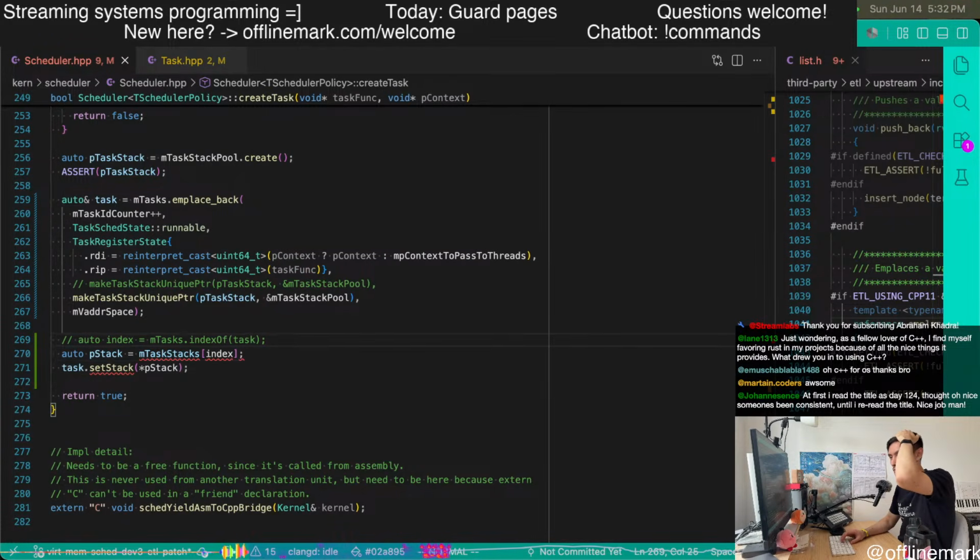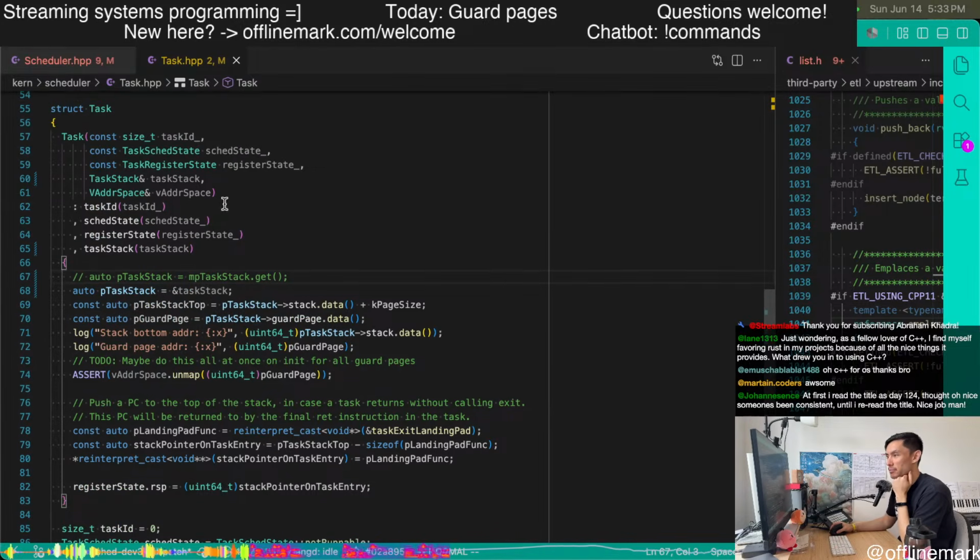So this is conceptually the idea. We haven't implemented this yet, but we get a task, we find some way to get its index, we use the index to index into the other storage for the stacks, and then we associate the task with the stack. But this has a lot of problems, because it completely breaks the nice implementation we had